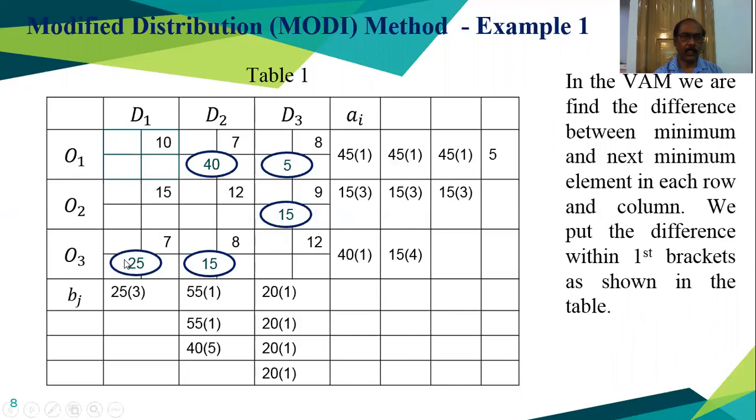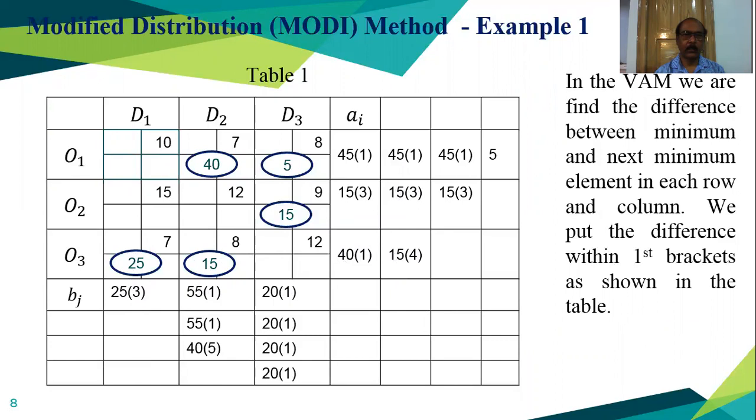So here we can allocate how much? This is 40 and this is 25. We have the demand and 40 is the available, so we can allocate 25. Then there is no availability, so it is already blocked. And here, if we subtract the 25 from the 40, we will get 15. This should be blocked actually. This should not be there.